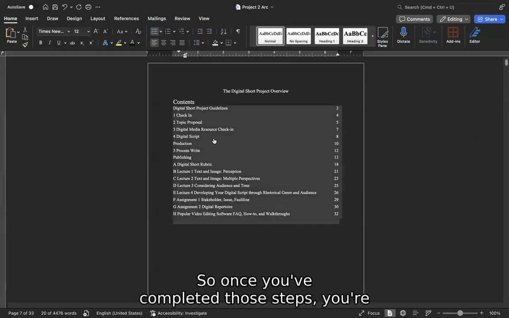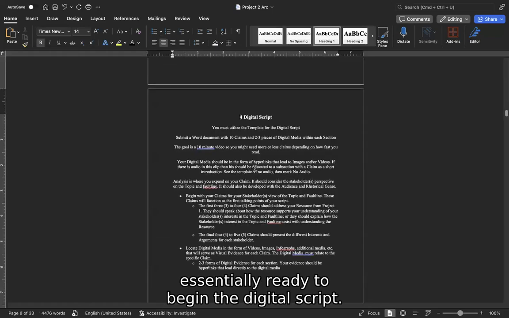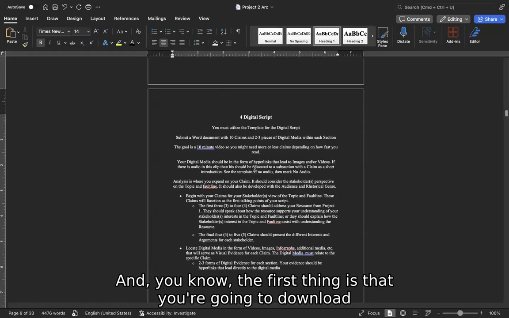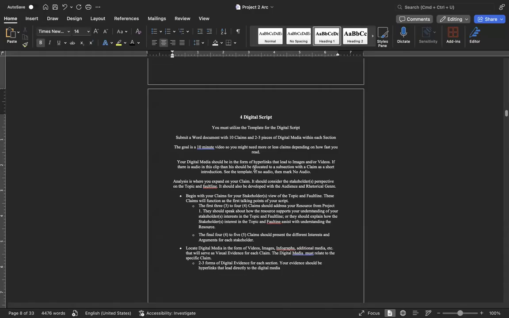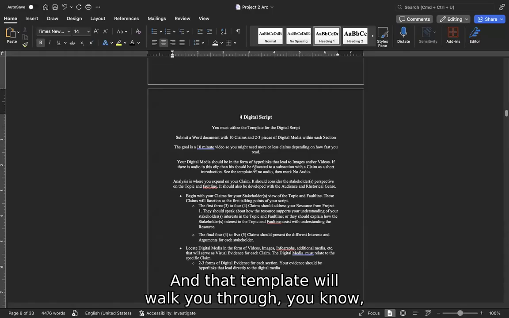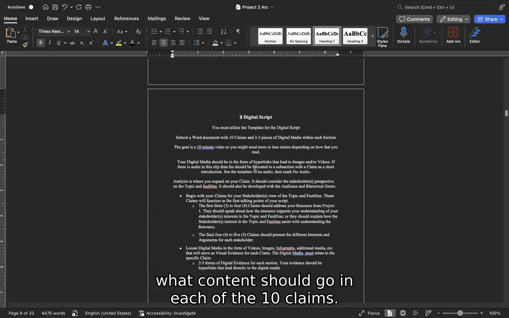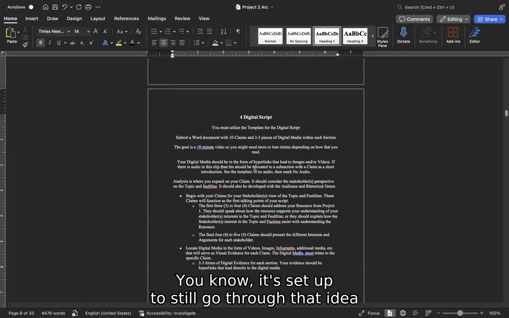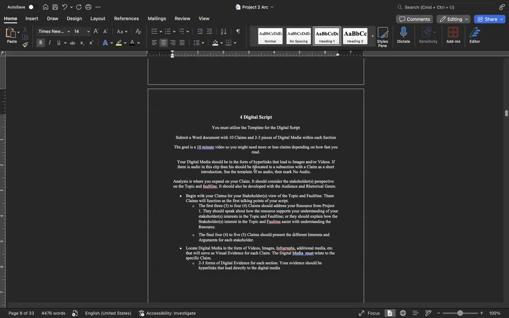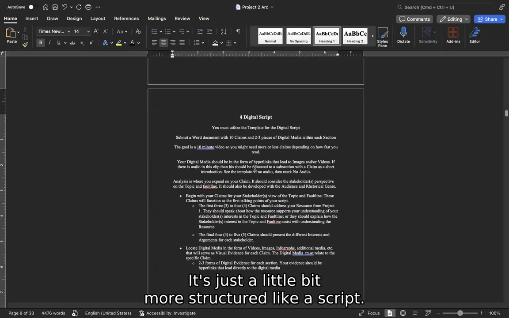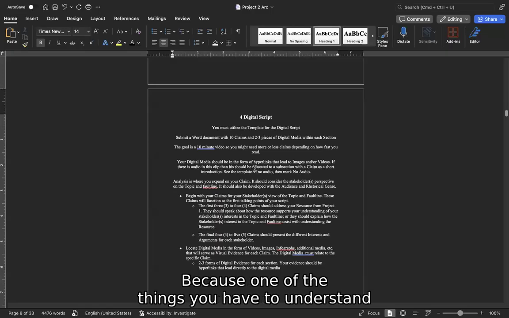So once you've completed those steps, you're essentially ready to begin the digital script. The first thing is that you're going to download the digital script template, just like you downloaded the template for Project 1. That template will walk you through what content should go in each of the 10 claims. It's set up to still go through that idea of claim, evidence, and analysis like we use in Project 1. It's just a little bit more structured like a script, because one of the things you have to understand